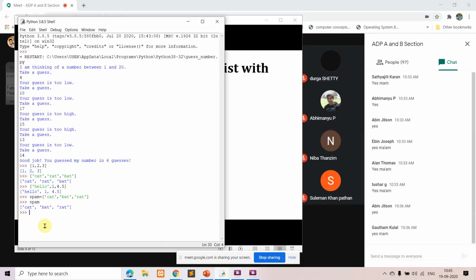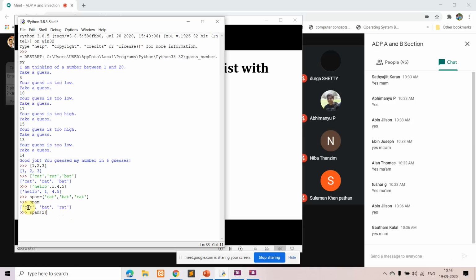So now we'll take the same example in which I have a variable spam, and in that spam I have given the items as cat, bat, and rat. Now suppose I want to access this rat. Okay, so how will it be? 0, 1, 2. Index positions will be 0, 1, 2.